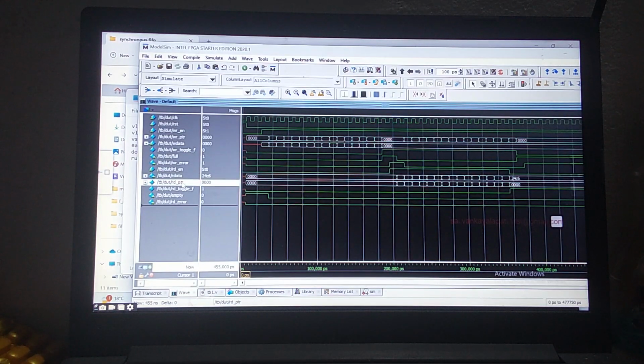Now what is this read flag? Whenever the read pointer rolls over, once the read data has happened and it rolls over, this read flag becomes 1. Now coming to empty, empty 1 indicates my write pointer and read pointer are equal. When empty is 0, the FIFO is not empty; when it is 1, don't try to read. Then the read error: when read enable is equal to 1 and empty is equal to 1, you'll get read error 1. Now this is working correctly, where write is happening and read is happening.